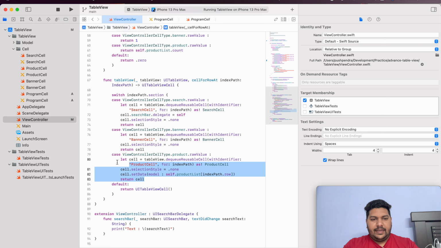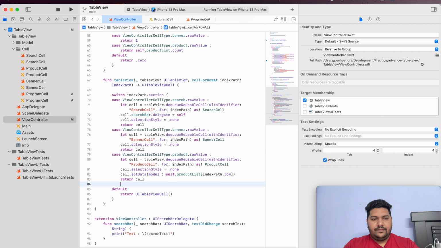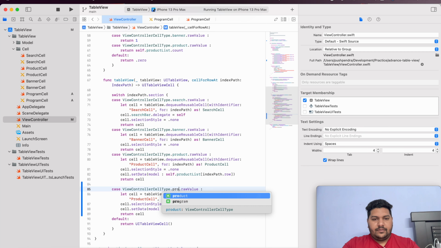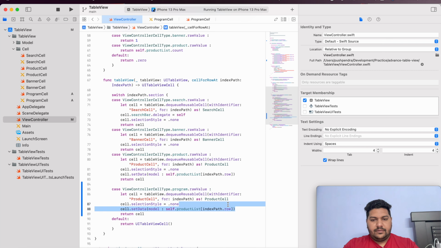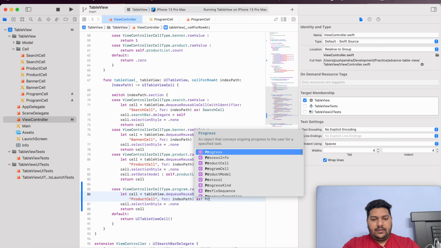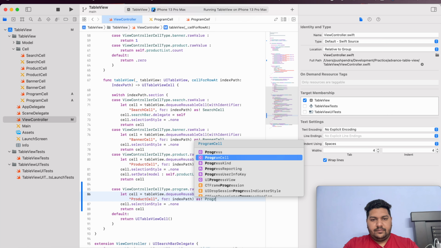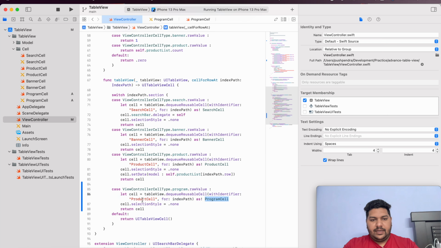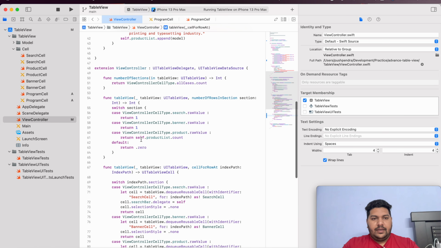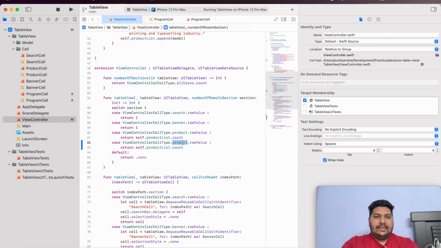Now at the end I will name it program, and the reuse identifier also will be the same, and here I can say if section index is program, then return 1.